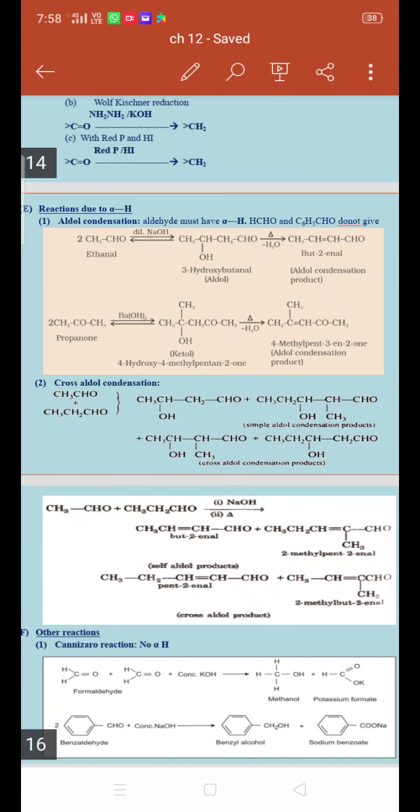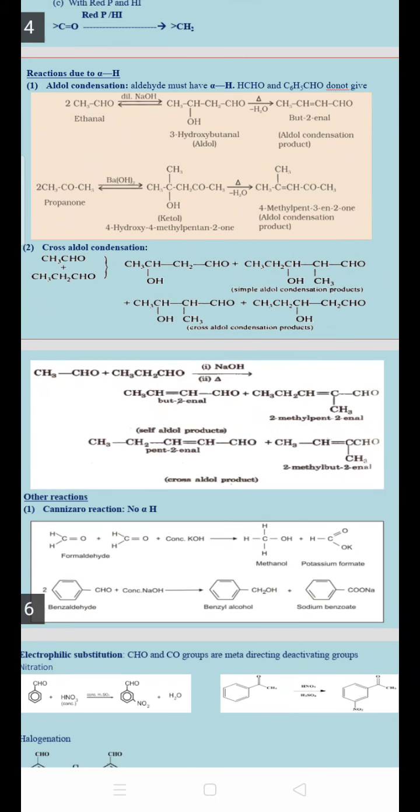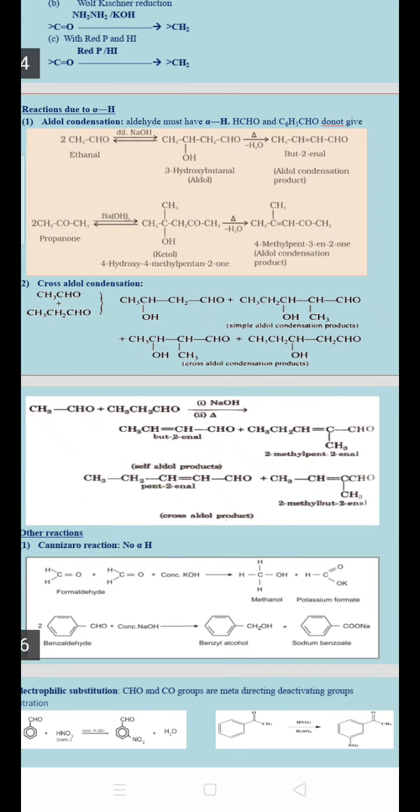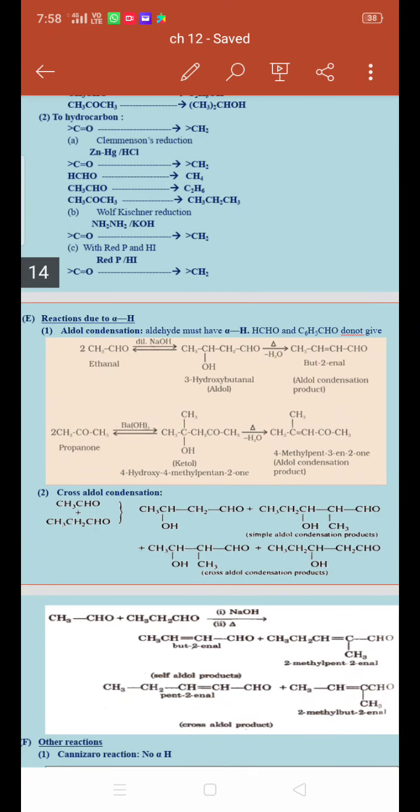Let me do a quick recap. I have to take an aldehyde. Since the alpha hydrogen of the aldehyde is acidic, I am treating it with an alkali, which is sodium hydroxide. I will get an aldol, which liberates water to give the aldol condensation product. Aldol means a mixture of aldehyde and alcohol. Similarly, a ketone reacts with a base to give a ketol, which releases a water molecule, resulting in the aldol condensation product. Why is the name ketol? Because it is a mixture of ketone and alcohol group. Till now we saw aldol condensation.